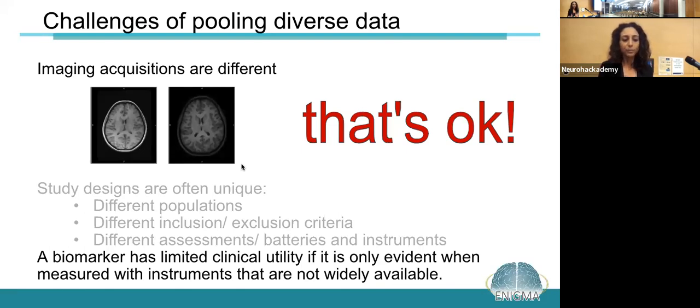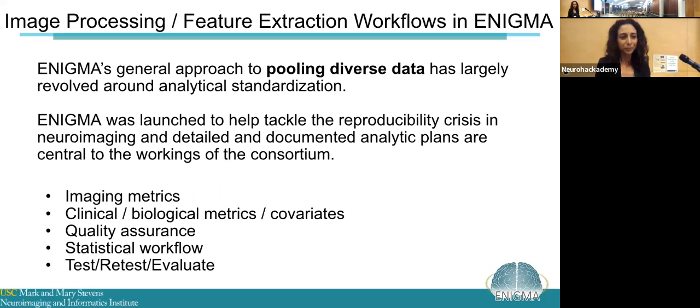And if people have different criteria for having a case or control around the world, maybe there are differences in how medication is prescribed. It would still be interesting to know if the neuroimaging signatures of those conditions are the same around the world. But we'll get into that a little bit more too.